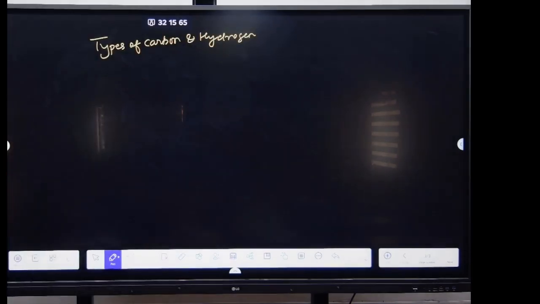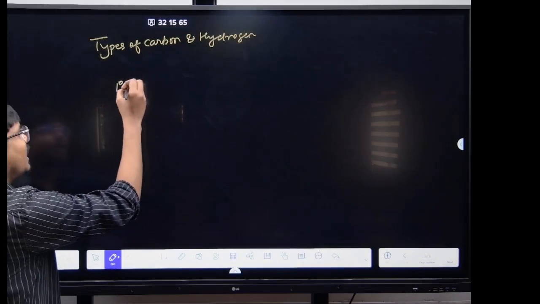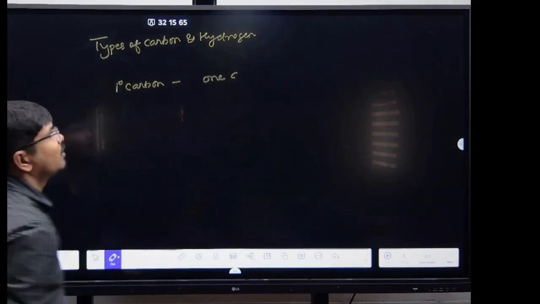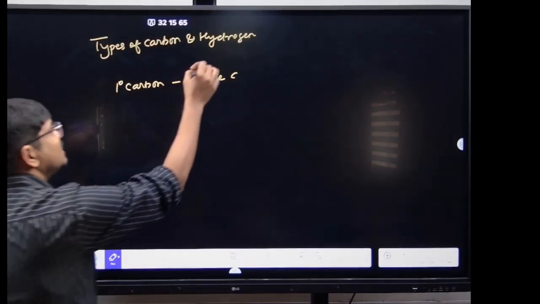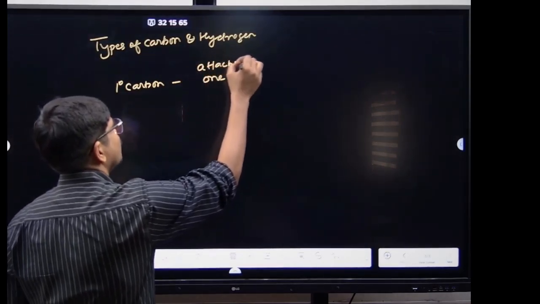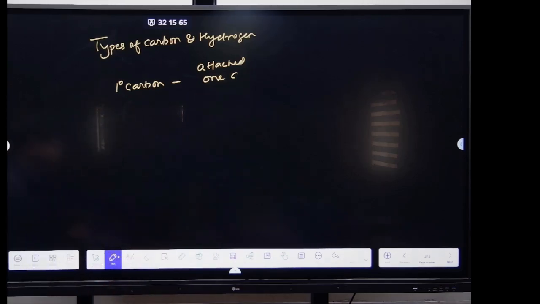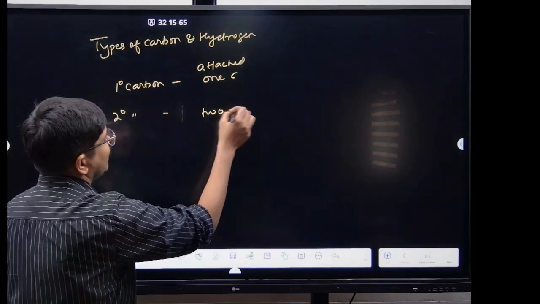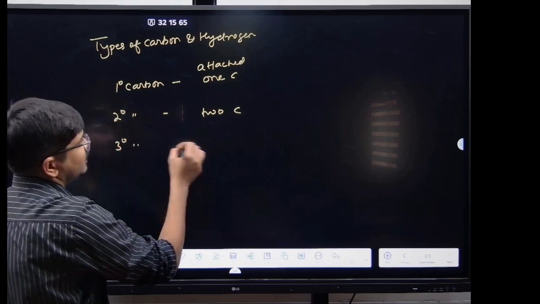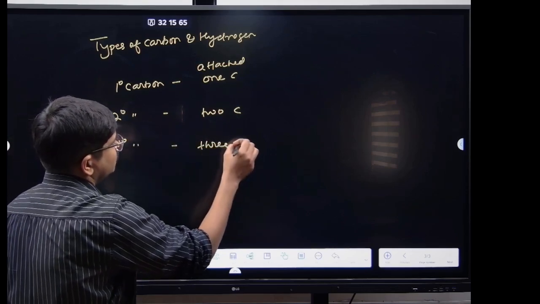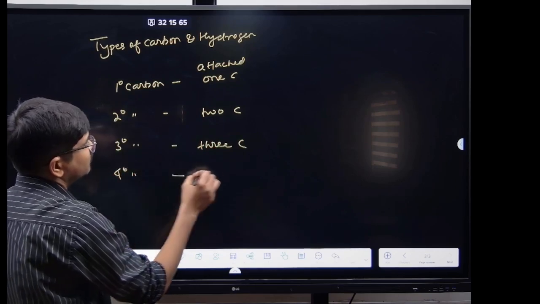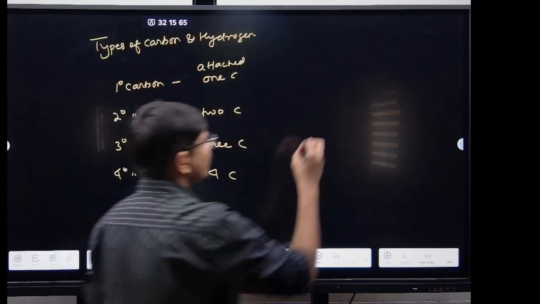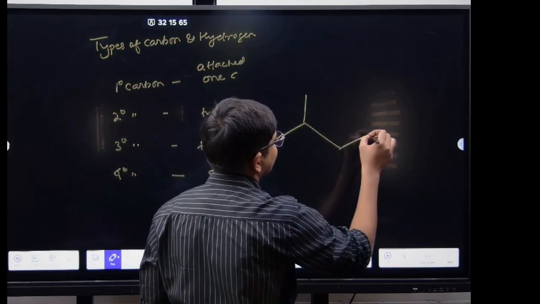If it is a 1 degree carbon, it means it is attached with one carbon only. If it is a 2 degree carbon, that means it is attached with 2 carbons. If it is a 3 degree carbon, then it is attached with 3 carbons, and you have the 4 degree, that is the quaternary one, which means 4 carbons. For example, see here, if I am asking you this example,